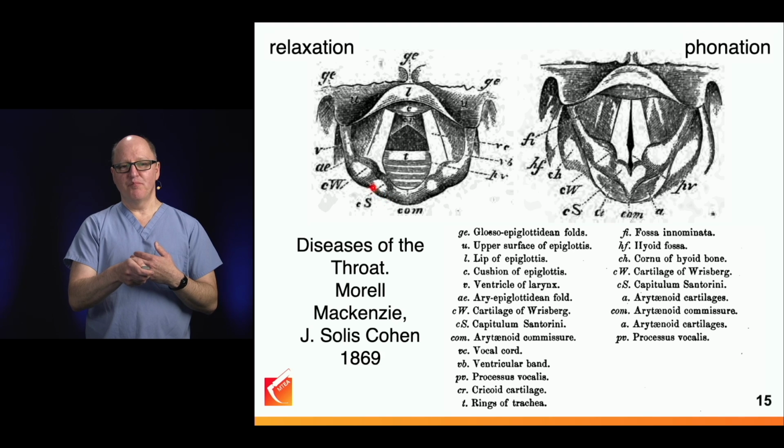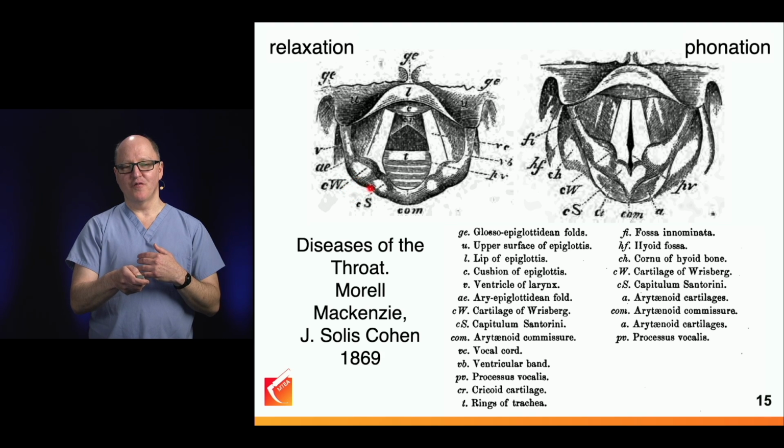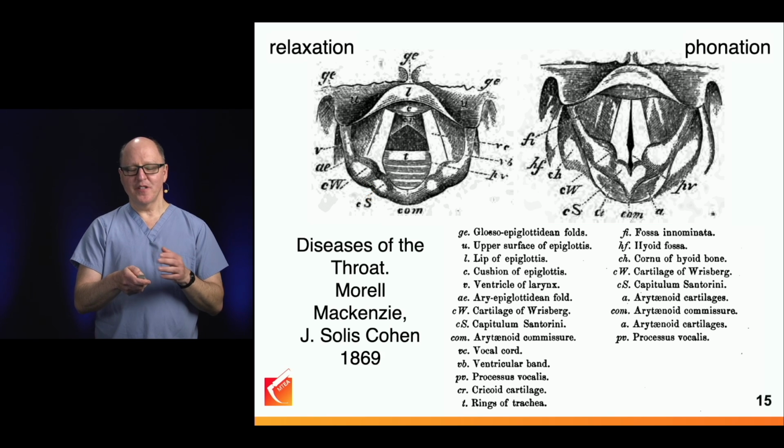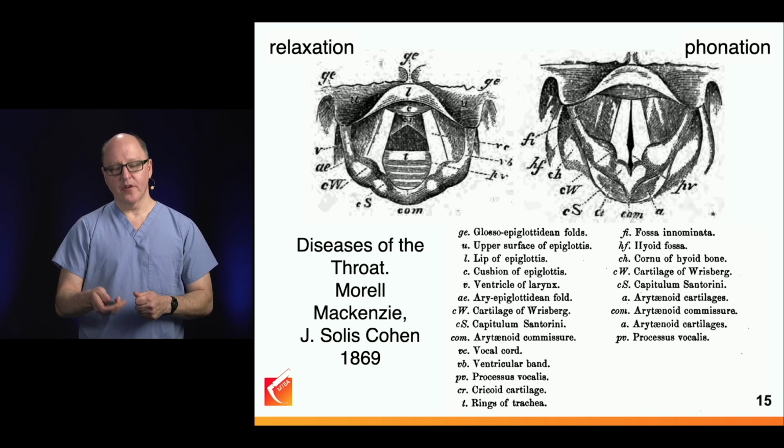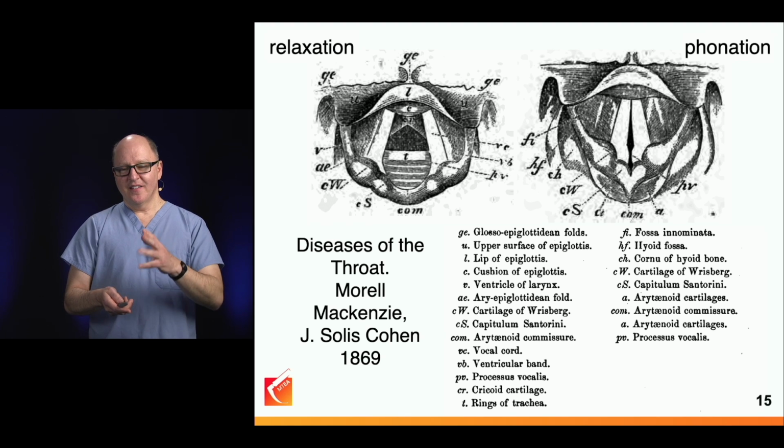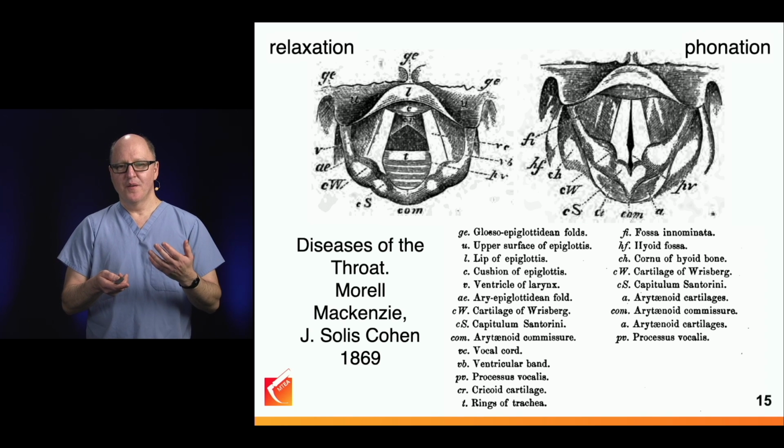But down below, these bumps, which we commonly refer to as the arytenoids, was CS, is the capitulum of Santorini, also known as the corniculate, and the cartilage of Riceburg, the cuneiform. But so we've got the cartilage of Riceburg and the capitulum of Santorini, but they were named after the anatomists who first described these prominences that we now commonly call the arytenoids or the posterior cartilages. But this stuff back from the 1800s, and it was drawn from sight because they couldn't photograph it, but pretty